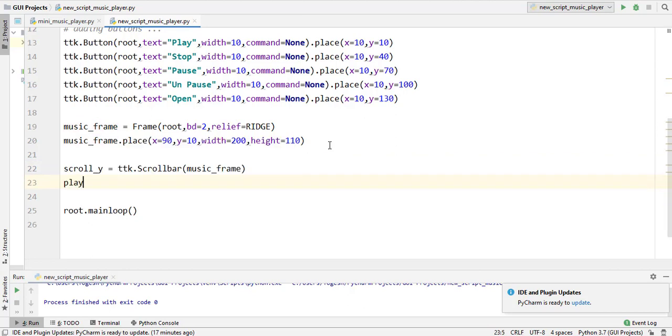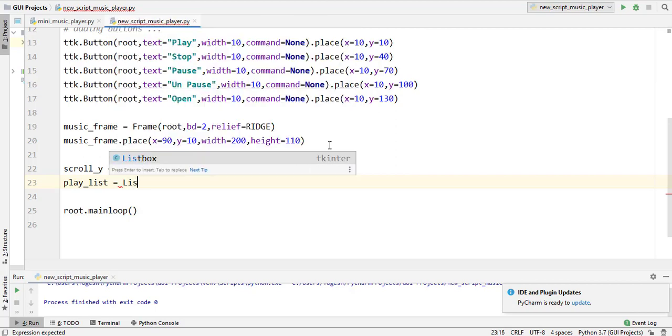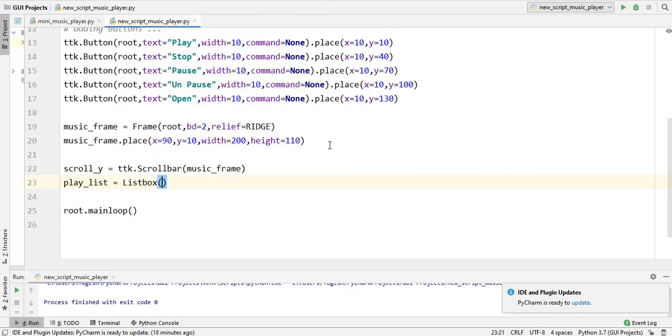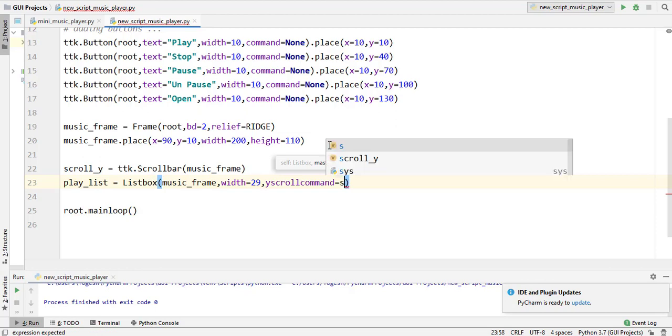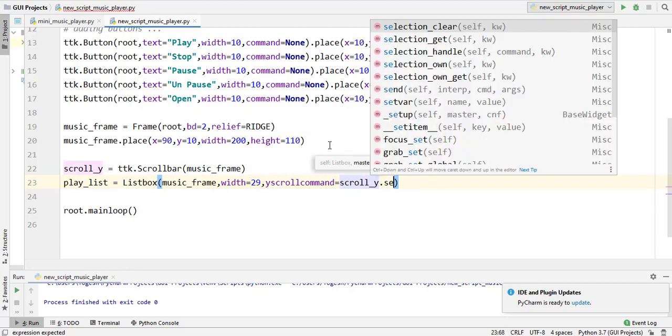The name of our list box is playlist. You can use any name which you prefer. And list box, music frame, comma, width should be 29, and y scroll command is equal to scroll y dot set.